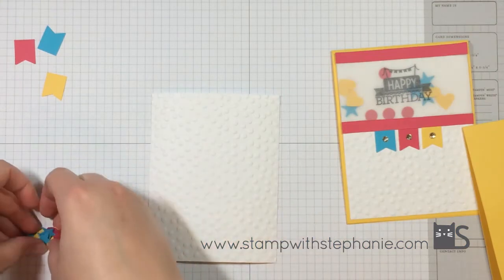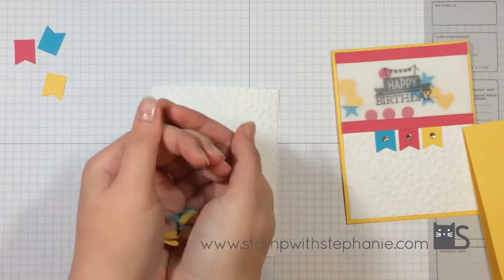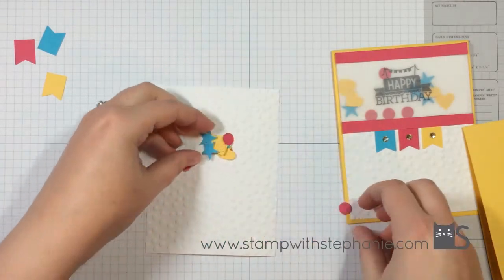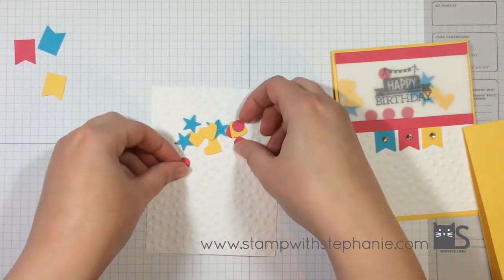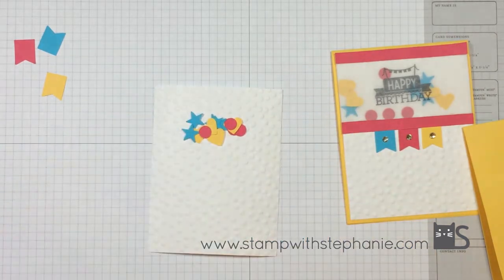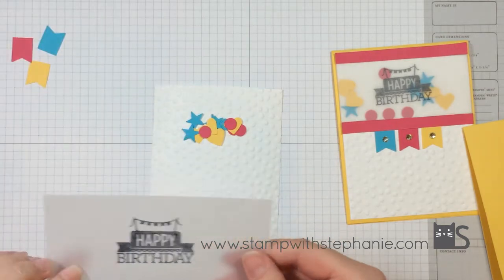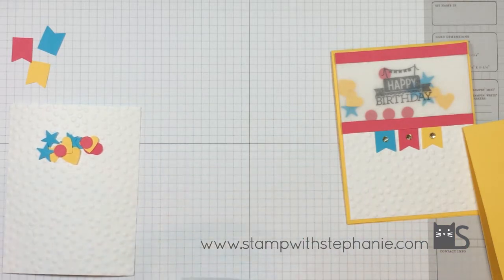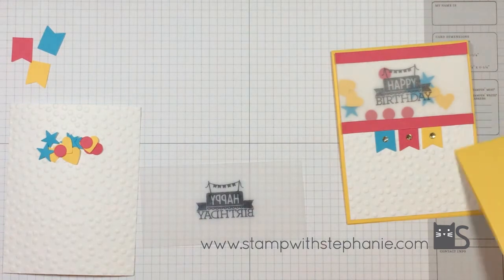Alright, so next I'm going to take all of these little shapes that I punched out that are going to become my confetti, and I'm just going to kind of shake them up and arrange them a little bit towards the top middle of my Whisper White piece. And now let's hope that our happy birthday is dry. So I'm going to turn this upside down, and I'm going to use